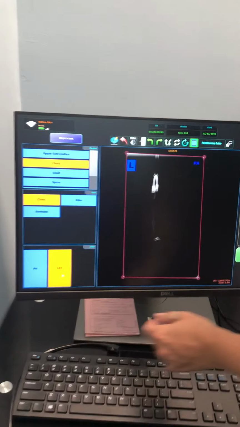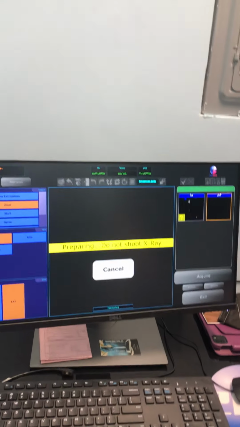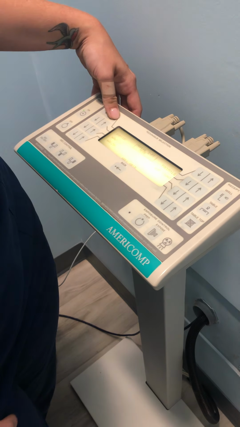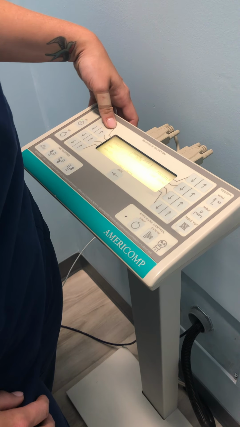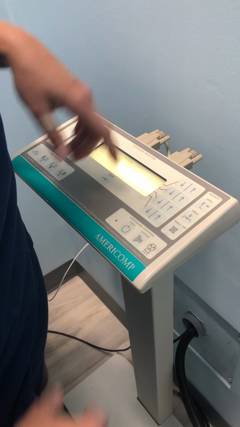And now we're gonna do a lateral. So we select lateral, and we hit acquire, same thing. It pops up, and we're ready to shoot. So, again, we're gonna look at our settings. Lateral is always more exposure, it's the most that you'll have for a patient. So let's go to 120, and we're gonna bump up our MAs to 12, prep,